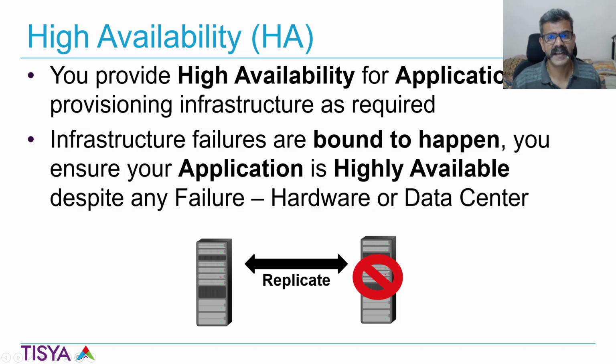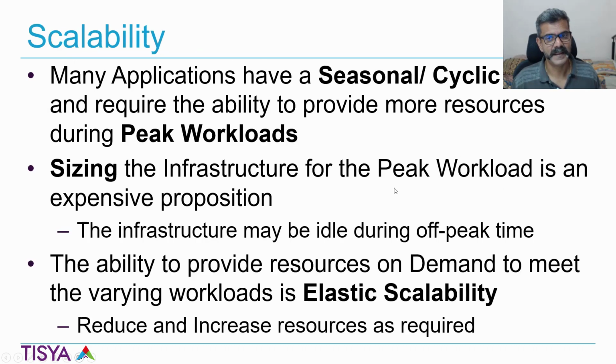Infrastructure failures or data center failures are going to happen. It is just that larger failures are less likely to happen. Meaning one server going down has more probability compared to an entire data center going down. But that is possible. And if you have planned that I need to take care of a data center going down, you would have upfront provisioned your hardware in another data center and replicated, and you are ready to tolerate such failures.